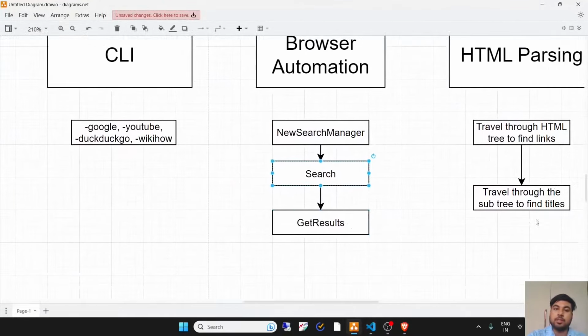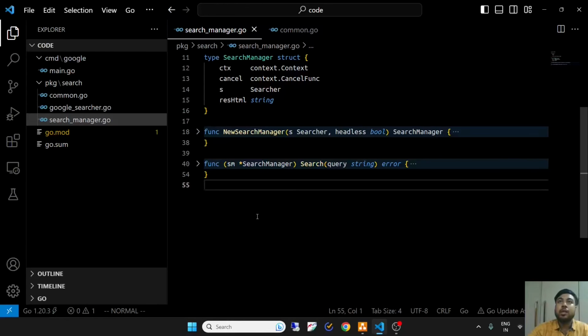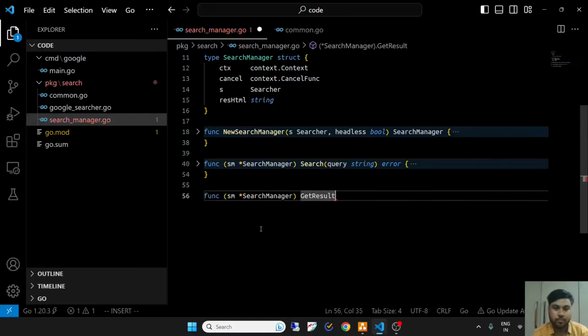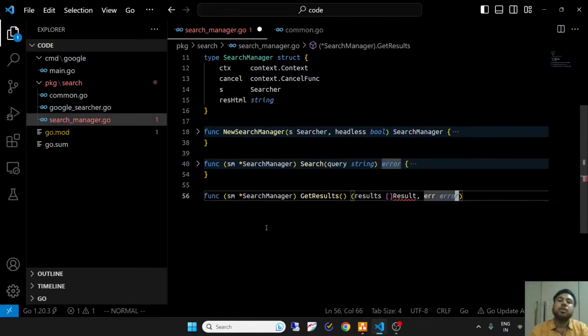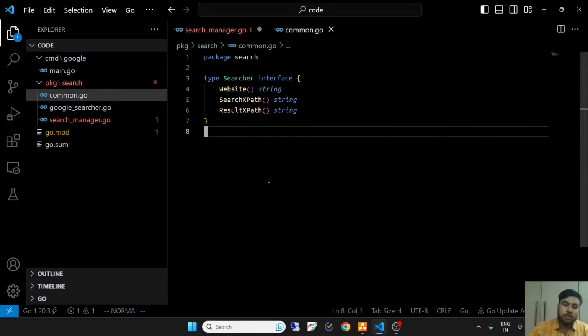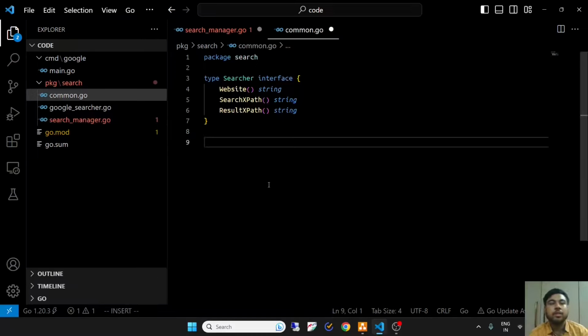Now our next step is to convert the HTML string into a tree form so that we can iterate over it and get the links and the titles that we need. So to store the results, we will create a new struct with the type Result, which will store the link and the title of each result.